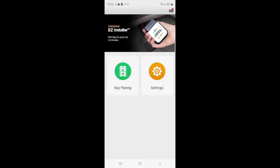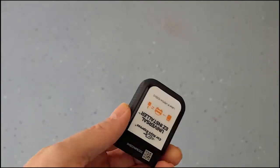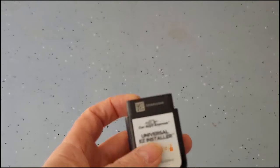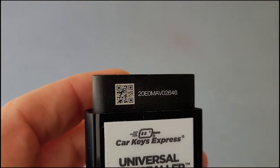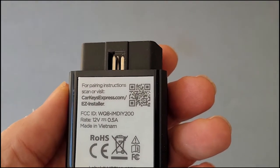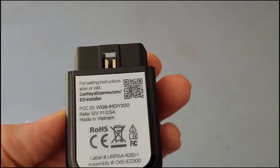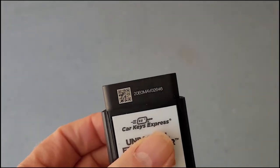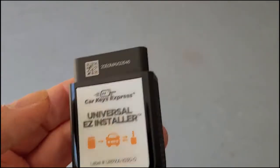Okay, and we're going to select key pairing. Now it's asking you to scan the QR code on your Easy Installer. When it tells you to scan the QR code on the Easy Installer, make sure you scan this one right here on the connector that has a serial number. This one goes to the website, so you don't really need to scan that one. It'll give you the instructions, same as the one in the instruction manual. But this is the one you need to scan to get the ID of the Easy Installer. Next,